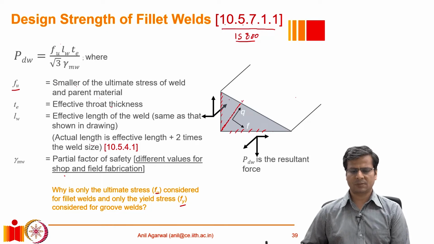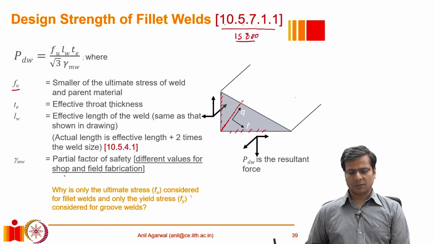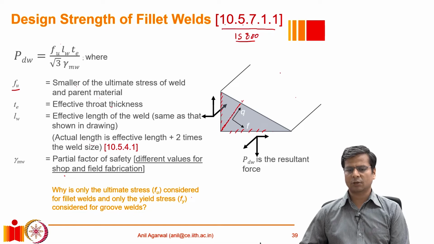So, there is a base plate, or the base material, and there is the filler material. So, we take the Fu, the smaller Fu of the two. Alright, so the answer to this question is that whenever the failure is not guaranteed, or we don't know the exact location of the failure. So, for example, in case of a groove weld, when we were talking about a groove weld, we had these